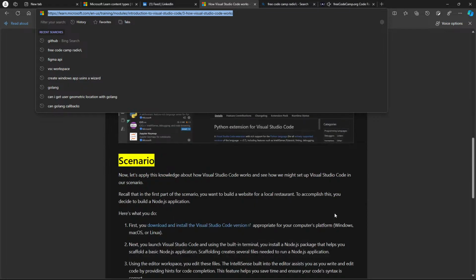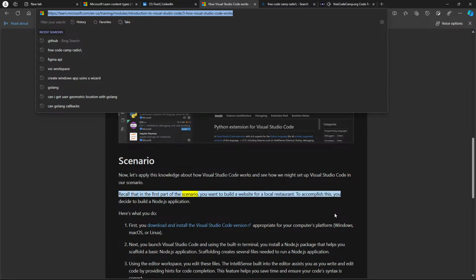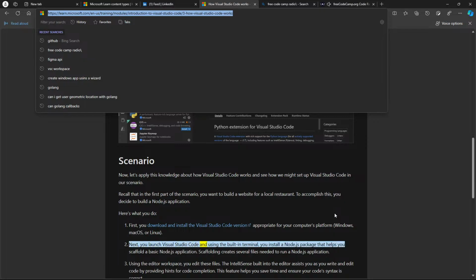Scenario. Now, let's apply this knowledge about how Visual Studio Code works and see how we might set up Visual Studio Code in our scenario. Recall that in the first part of the scenario, you want to build a website for a local restaurant. To accomplish this, you decide to build a Node.js application. Here's what you do. First, you download and install the Visual Studio Code version appropriate for your computer's platform, Windows, Mac OS, or Linux. Next, you launch Visual Studio Code and using the built-in terminal, you install a Node.js package